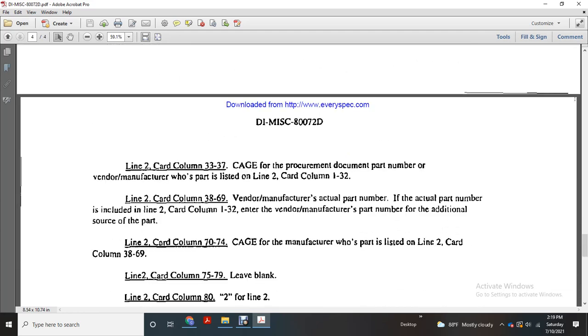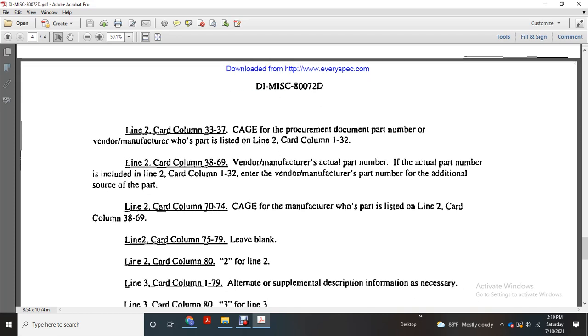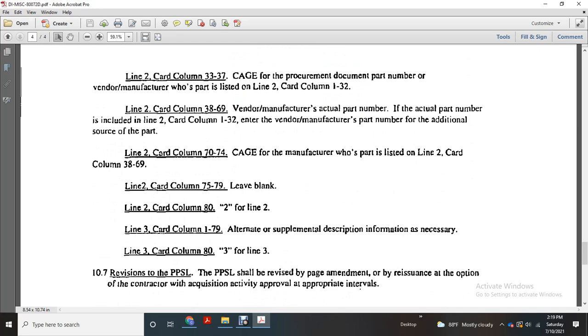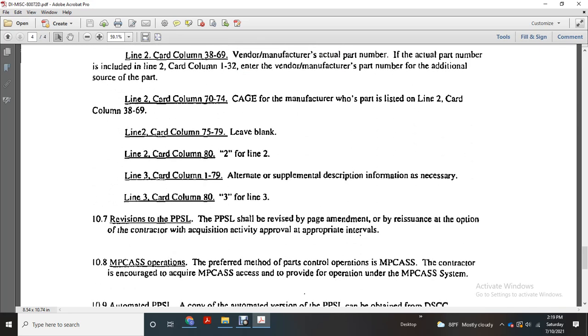Alright, line 2, cage of the procurement document number, the vendor number of the used part of the line 2 card column 133 and 32, the card column 38 through 69, vendor manufacturer actual number, the actual number of the include the line 2 of the card in 132, enter vendor manufacturer number, the additional source of the part, line 2 card column 72 74, cage manufacturer whose part is listed in line 2 card column 38 through 69, line 2 card column 75 through 79, leave blank, line card column 82 for line 2, line card 3 for the 1 through 79, alternate supplemental description information is necessary, line card 30, column 83 for line 3,